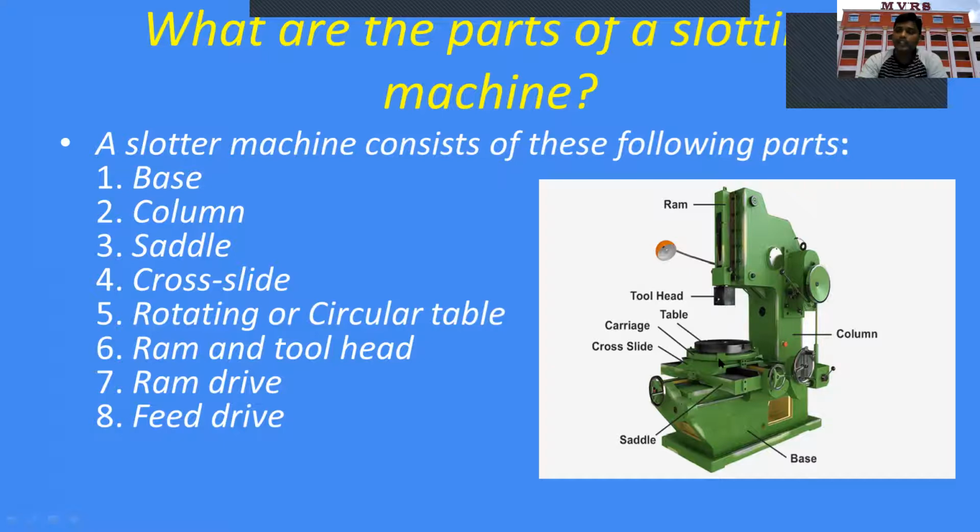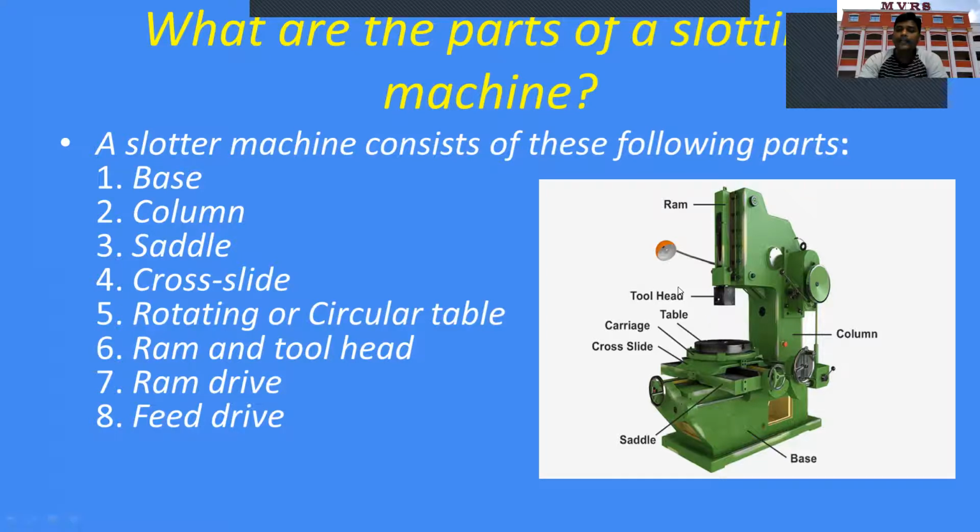That is, the tool is in reciprocating motion. So I am placing my job or workpiece here, and the tool is moving up and down like this, and it is cutting the workpiece